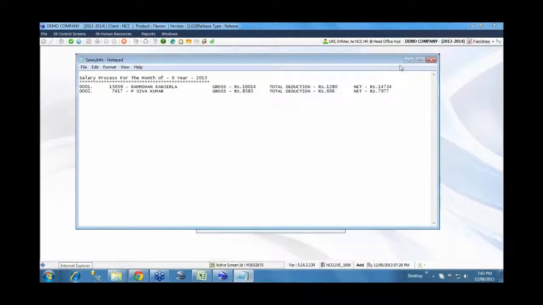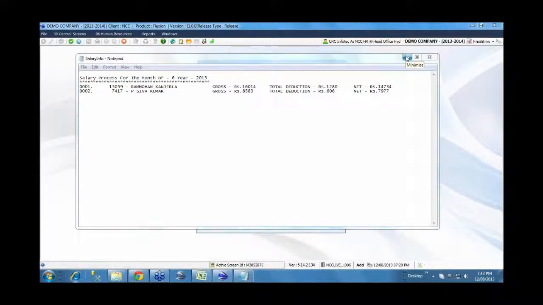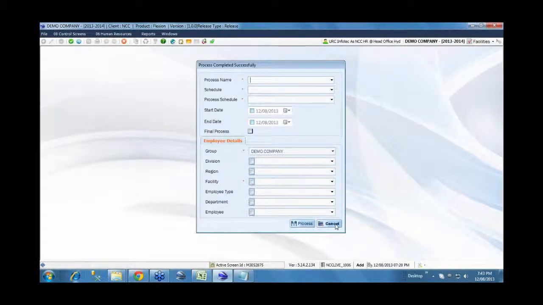For some people it may be a payment through checks. So for each and every grade or for each and every employee, based on the salary payment mode defined in the system, it will either generate a bank statement, or generate a payment check printing request to the accounts payable module, or a cash payment request again to the accounts payable module.